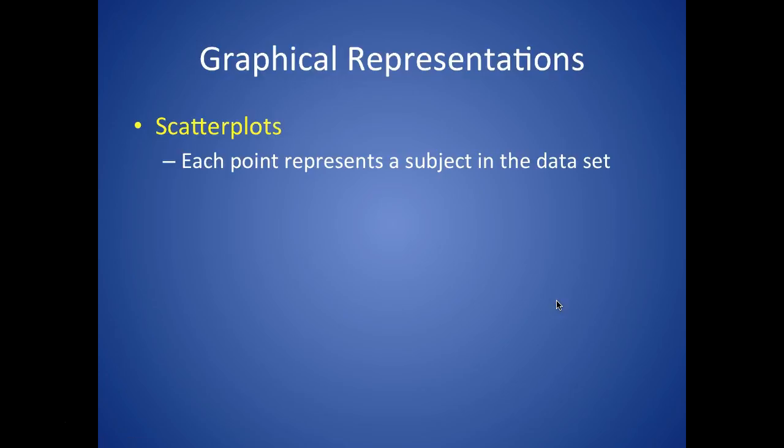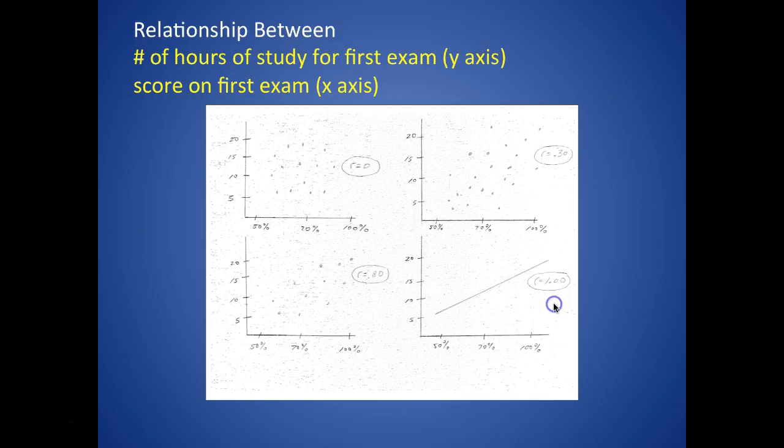A graphical representation of data collected in correlational studies, you can draw it out, is called a scatter plot. The important thing to recognize is that each point on the scatter plot represents a subject in the data set. So if you have 100 points in the scatter plot, that means you have 100 subjects, and they've each been measured on each of the two variables, and each point represents the intersection of that one subject on the two variables. So here's an example of that. It's a little hard to see, but